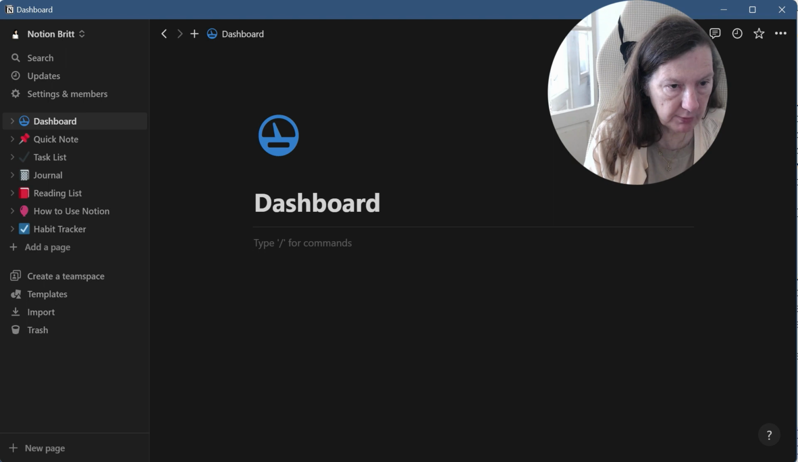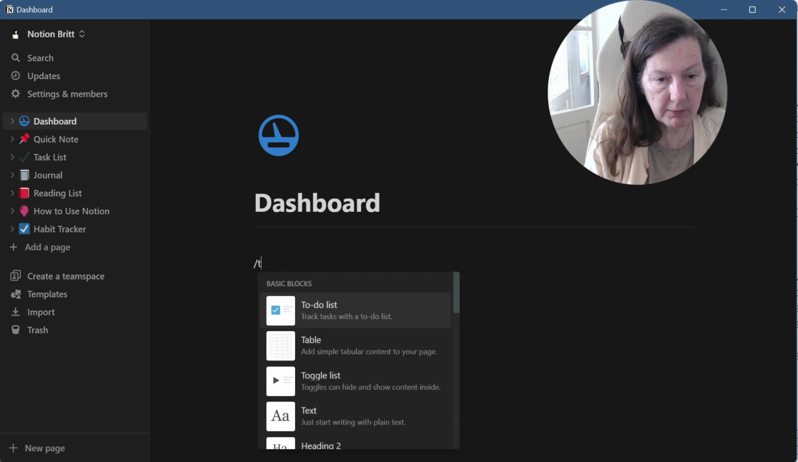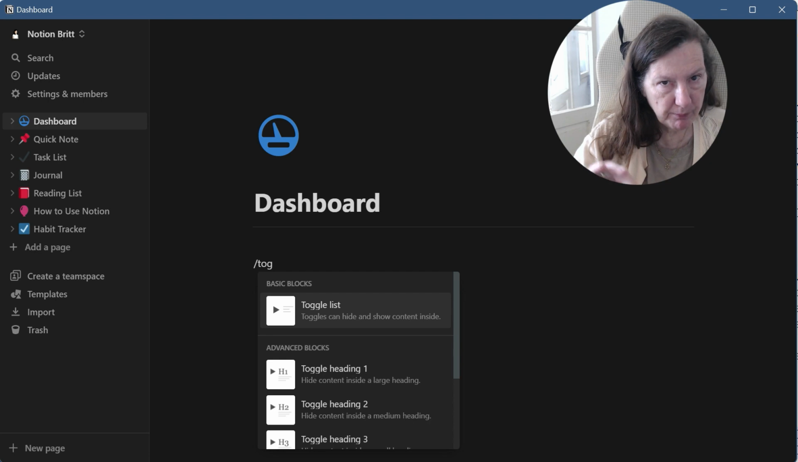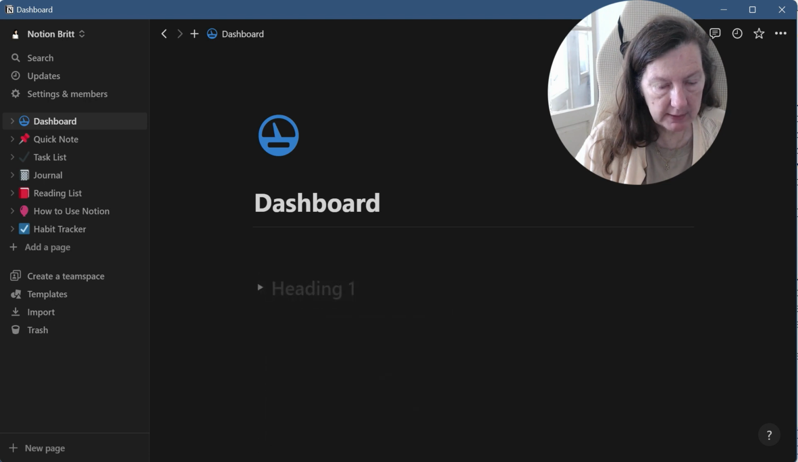If I want to add the journal, first I want to add a headline. So I'm going to give it one more space here. And then instead of just having a headline, I'm actually going to make this a toggle headline, because it will allow me to move away the journal when I'm not using it. So I'm going to add a toggle heading 1. Again I wrote slash TOG, and then I picked this one,